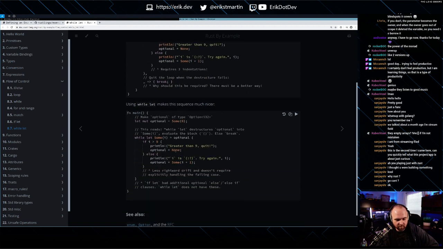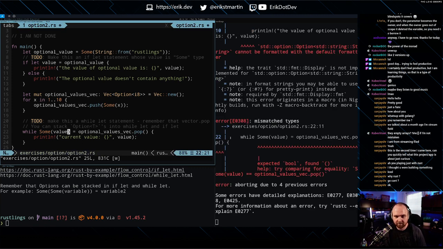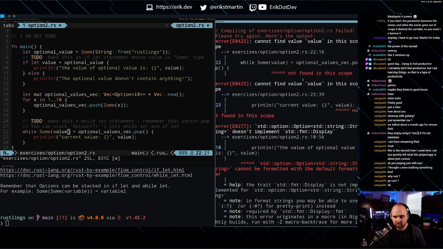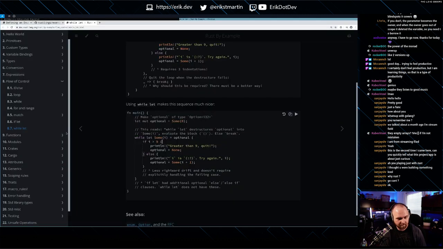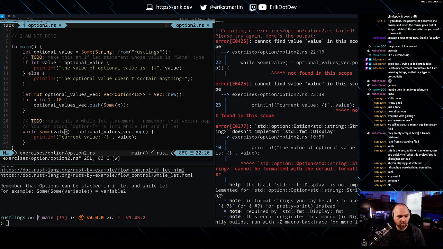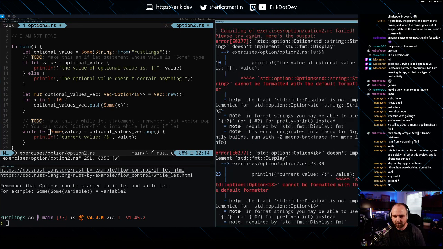I'll let some equal optional. Okay. So that's how we do it, because pop is going to give us some or none. It's going to give us an option. Not found in this scope. What? Oh, while let some. I am sure I'm going to forget that a lot.